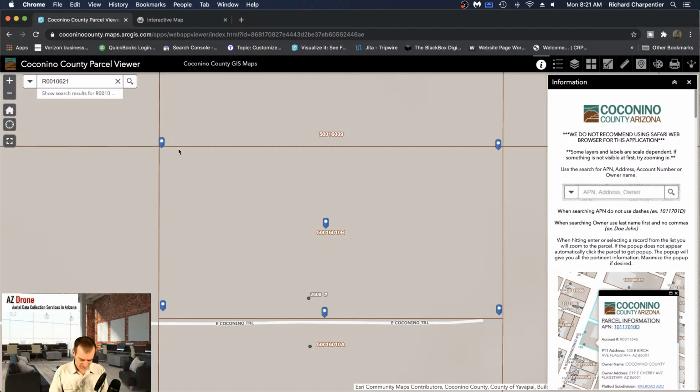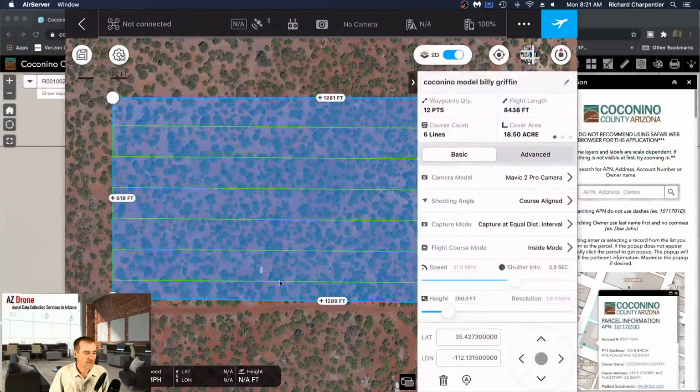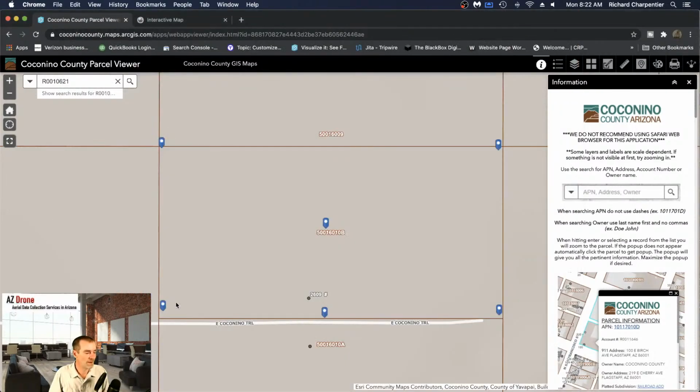So if we go into this flight and let's select the bottom left corner. It would be nice if I put that screen up for you to see. So I have selected the bottom left corner. And if we look over in our information for that first waypoint, we have a latitude of 35.4273. And if we look on this screen,